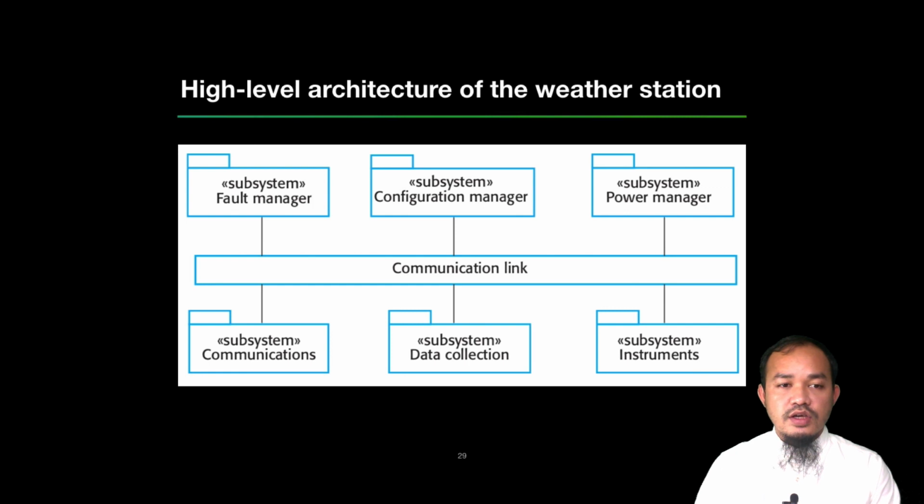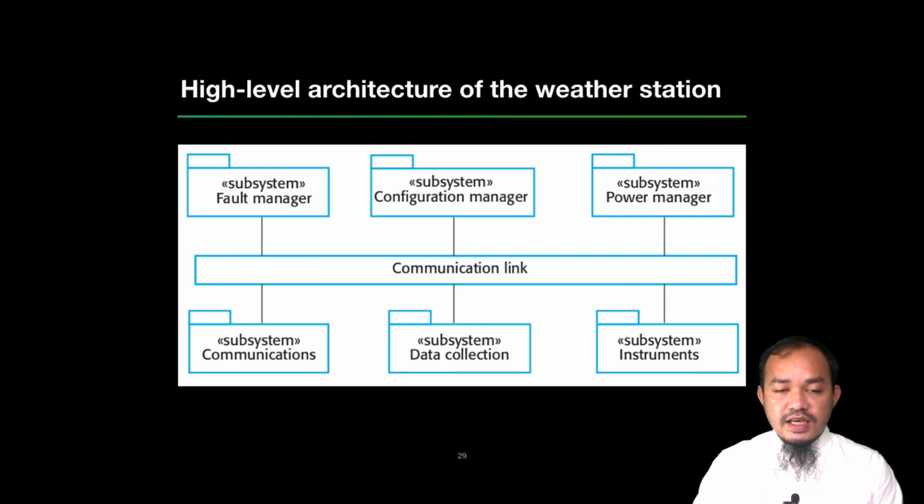If you look here, there are many subsystems. The subsystems are collected using a package diagram. Another name for this UML diagram is the package diagram. You see the figure looks like a folder. That is what we call a package diagram, which consists of subsystems, and then for each subsystem you have to do